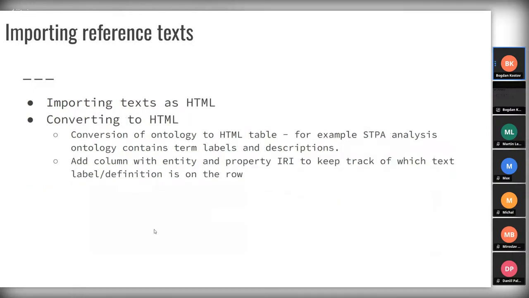Okay, so about this conversion of texts to HTML, to load into TermIt so that we can find term occurrences. Here there are several important aspects. But the most important is that it's probably best to use an HTML table, and to form the table in such a way that the text from